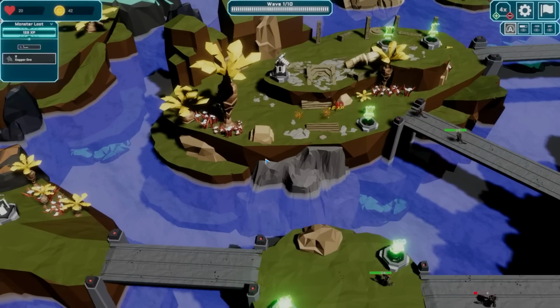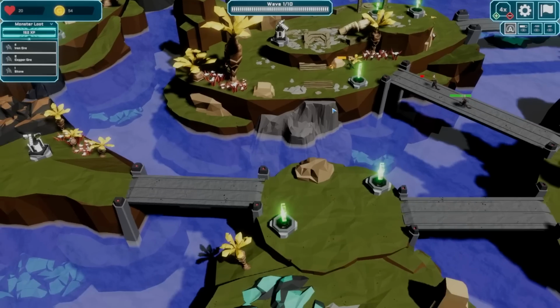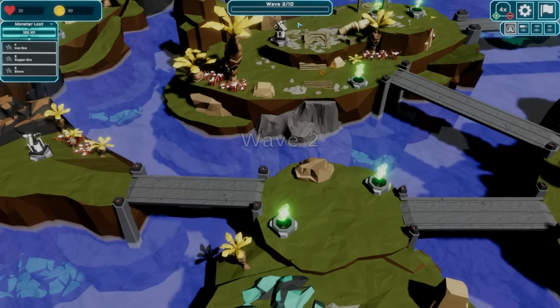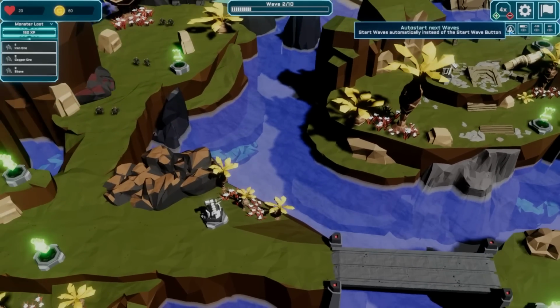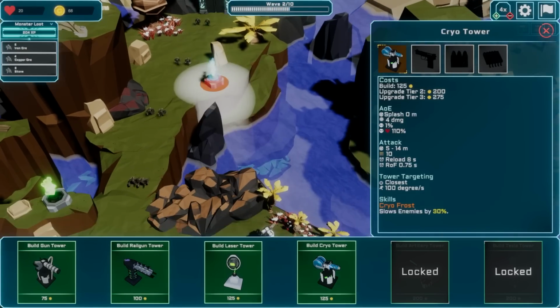There we go. Get that upgraded. I think this is a strategy that worked pretty darn well beforehand, so if it ain't broke, don't fix it, as they say. Let's turn that off so that we can auto start the next waves. And let's...